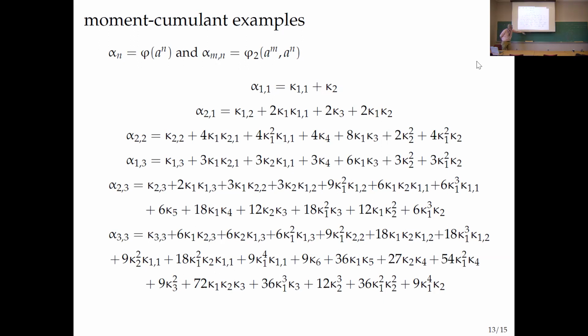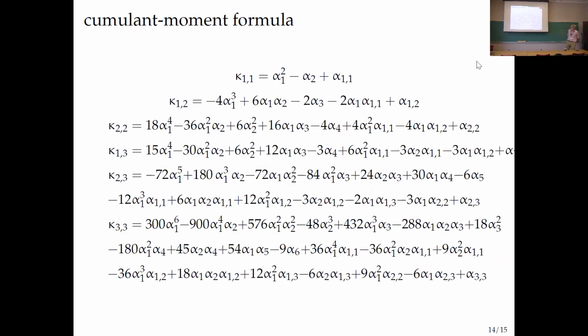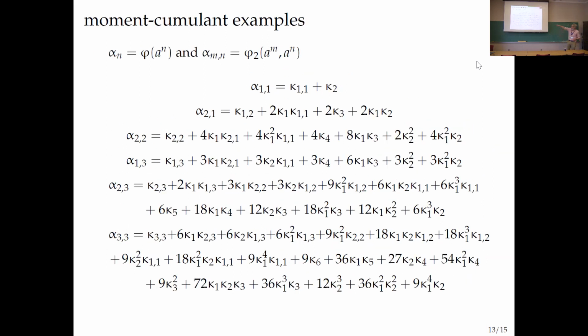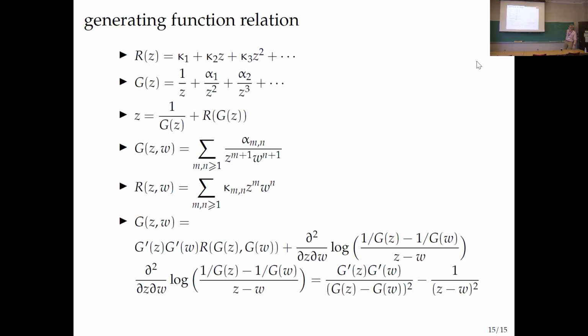Okay, and so there's a formula. I'll say in a second how you could write these things down. You can also go backwards in the sense that I can write a cumulant as a sum of moments. So if you want to solve for the cumulants, you can do that in terms of moments. Maybe those formulas aren't so exciting because I have pluses and minuses, and it's even more complicated. These coefficients actually count certain kinds of diagrams, but I'll leave that. And now let's just go to the generating function. In my last lecture, I'm going to try and explain a little more how you get this.